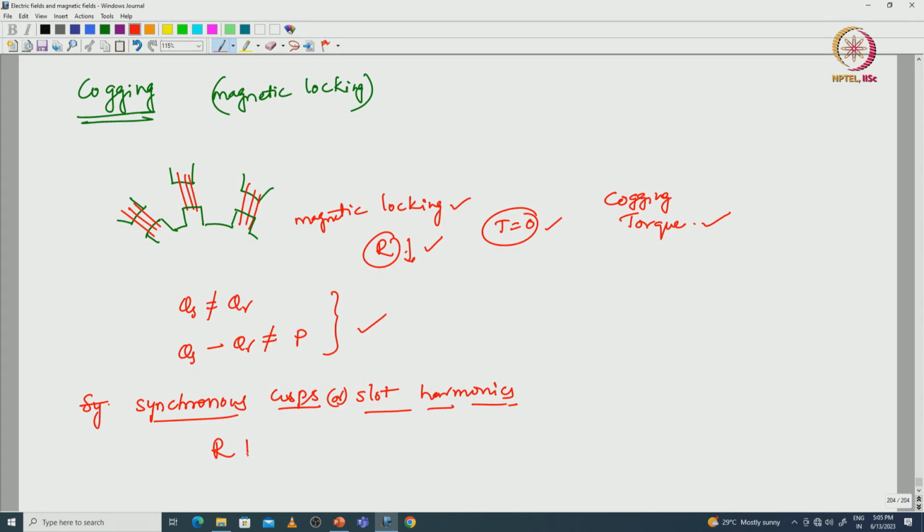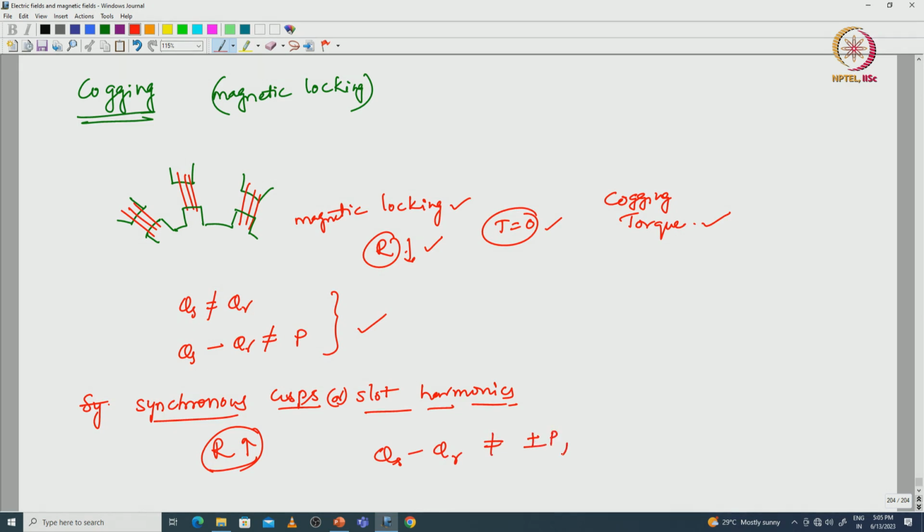Similar to the stator side slot harmonics, there will be rotor side slot harmonics also. To avoid the slot harmonics because of the variation in the reluctance, Qs minus Qr should not be equal to